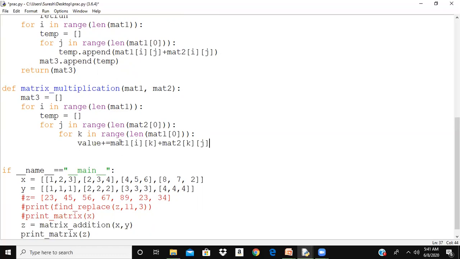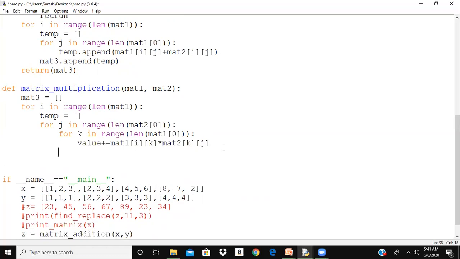Then again the k value will change. These 2 elements will be multiplied and added to the value. So everything will be accumulated in the value now. Then add it to temp: temp dot append value. Okay.